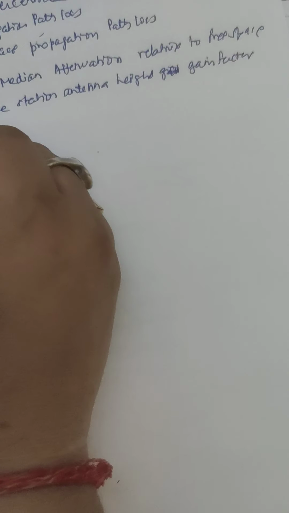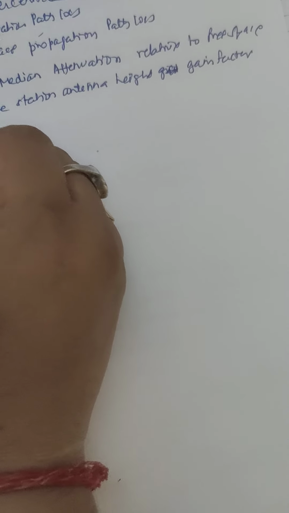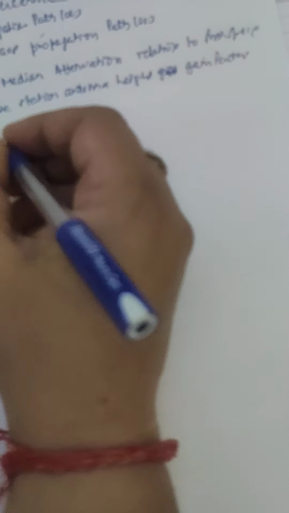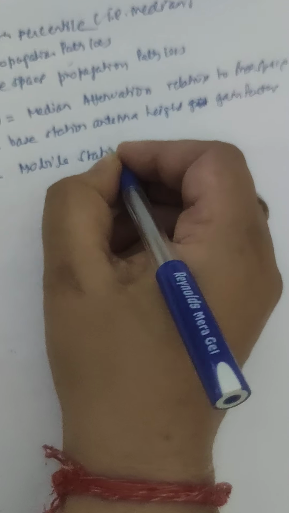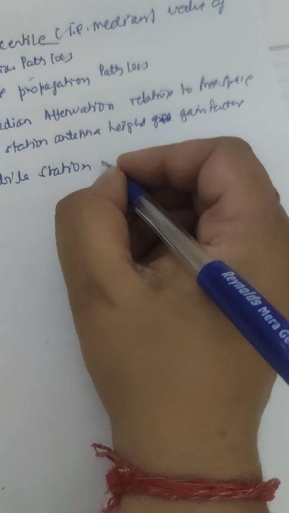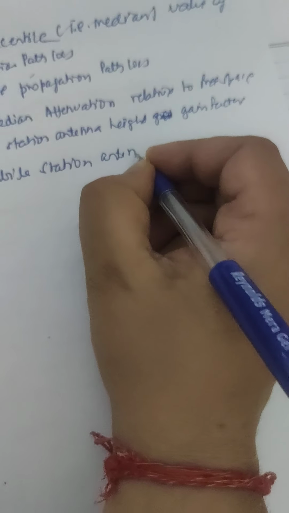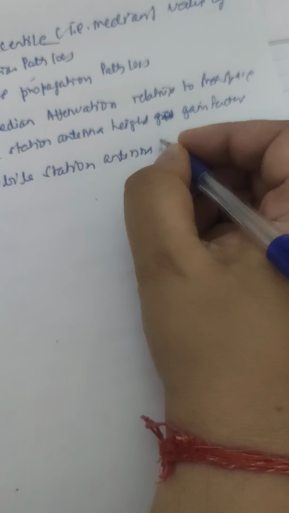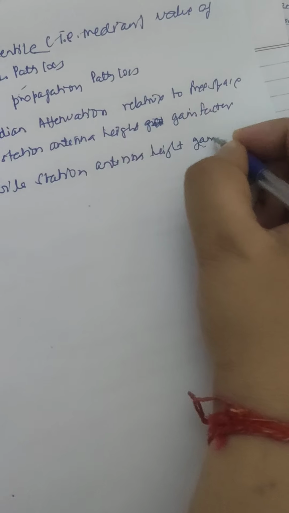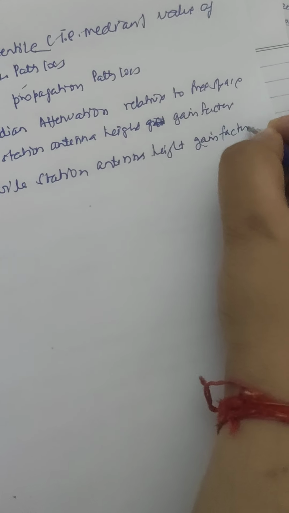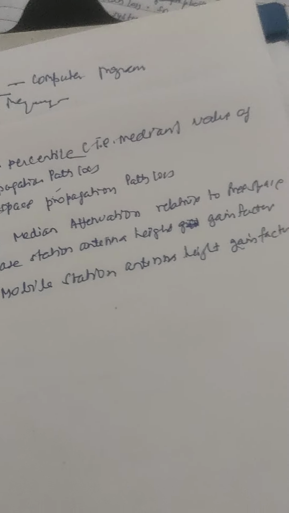One more term is G of HRE. This is the important term, and this is the mobile station antenna height gain factor. Okay, and